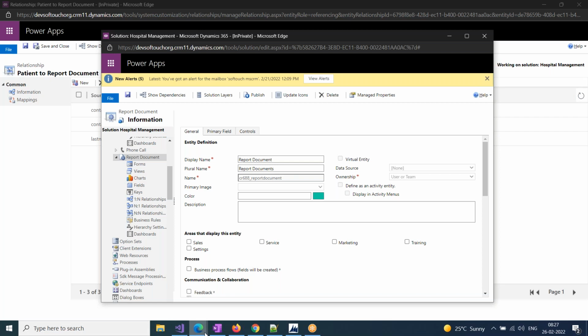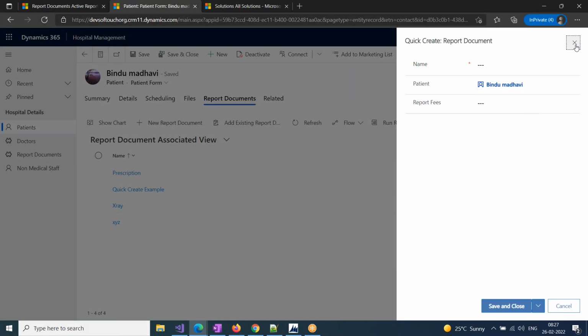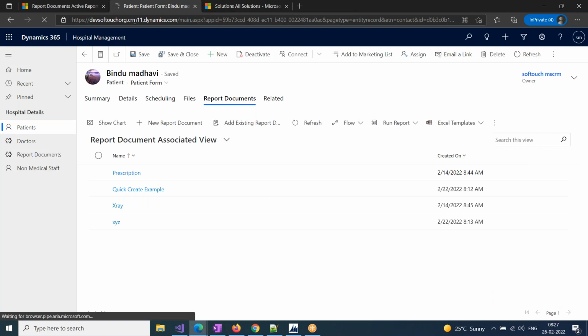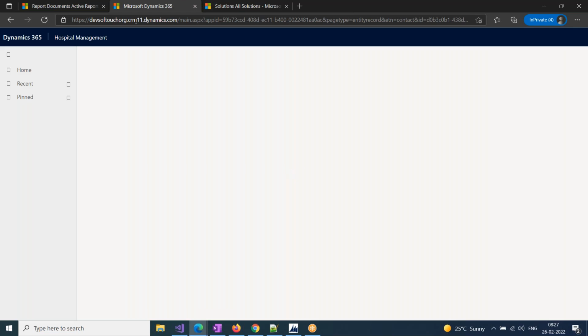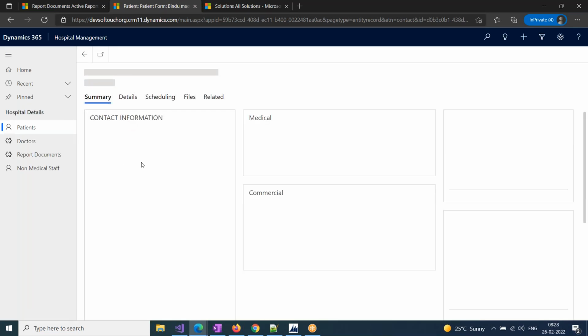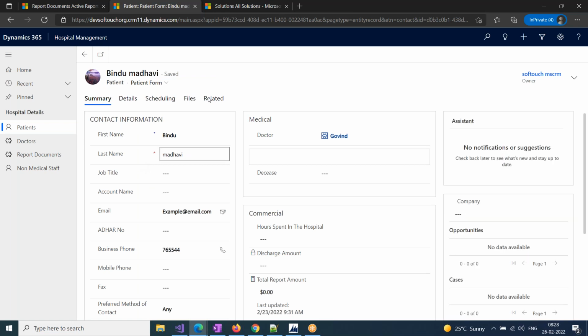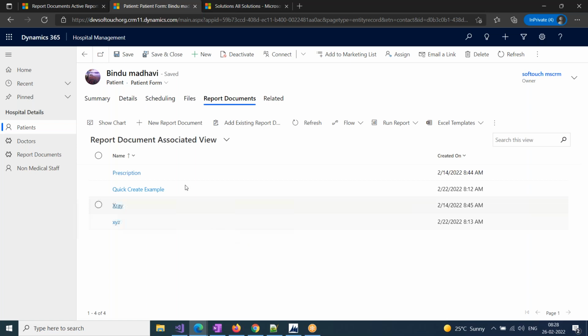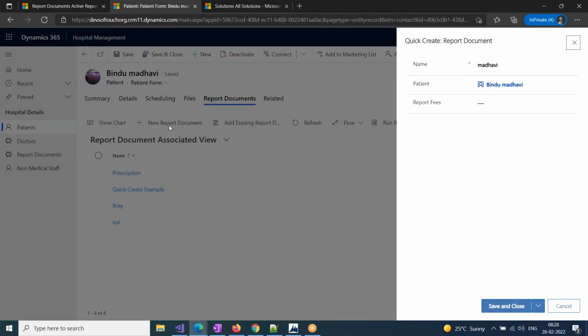Right. Let me close this. Try to refresh once. Then we'll see. What is the last name of this record? It's Madhavi, I believe. Right. Now, if I go to a report document, whenever I click on this one, see, Madhavi is the last name of the patient and it is mapping to this specific